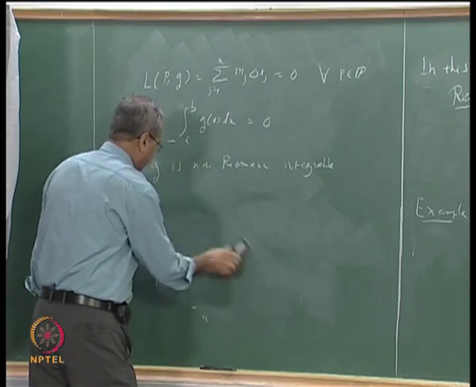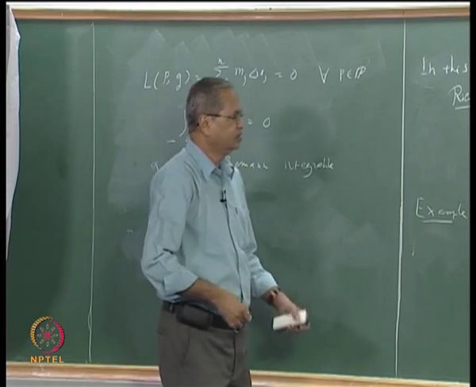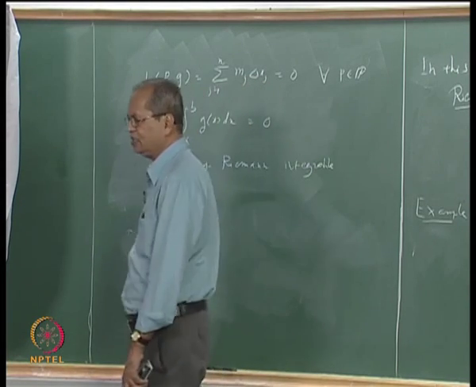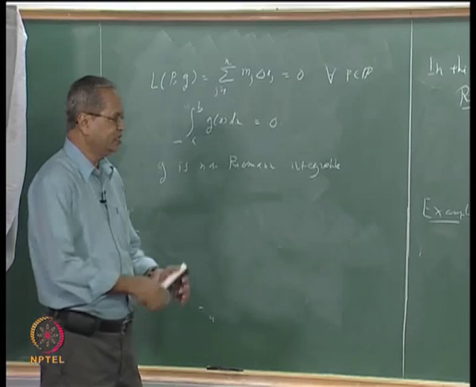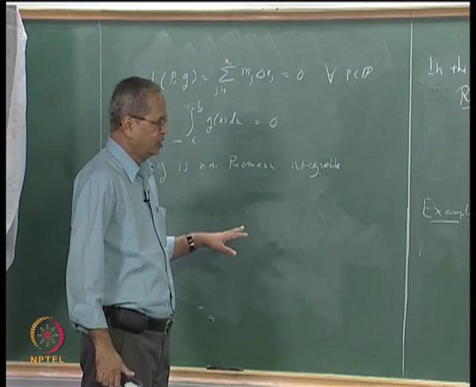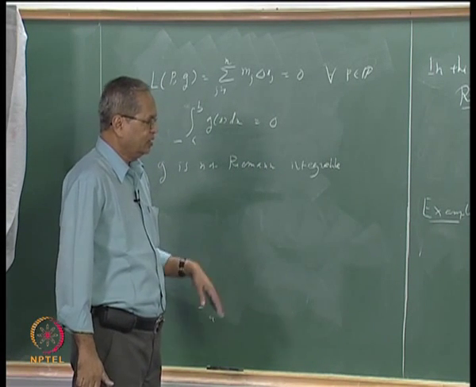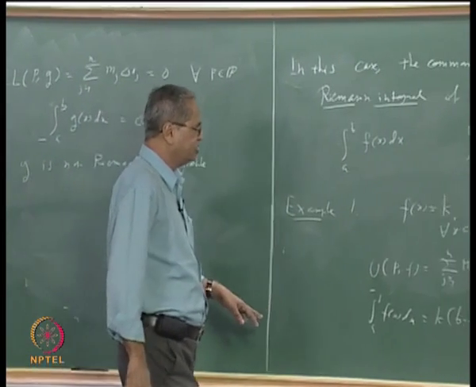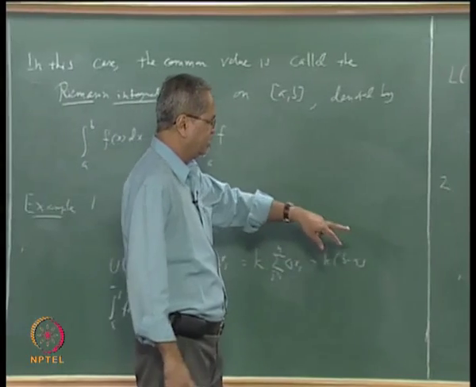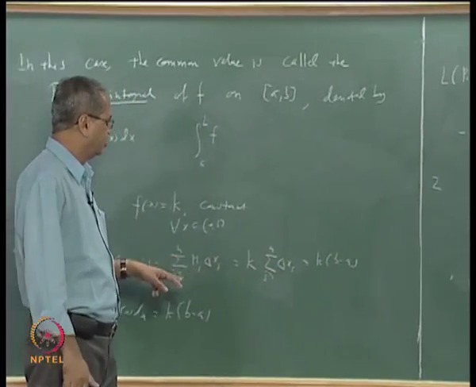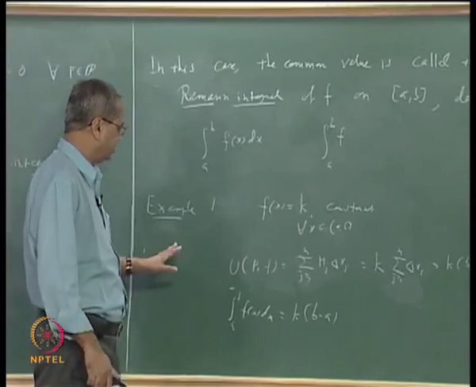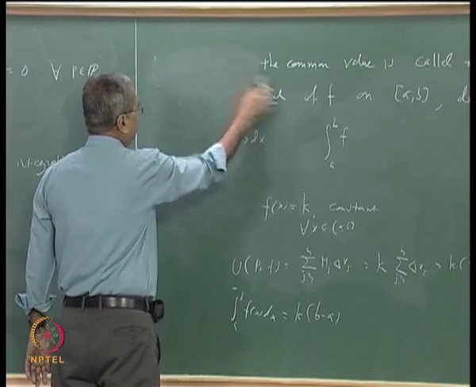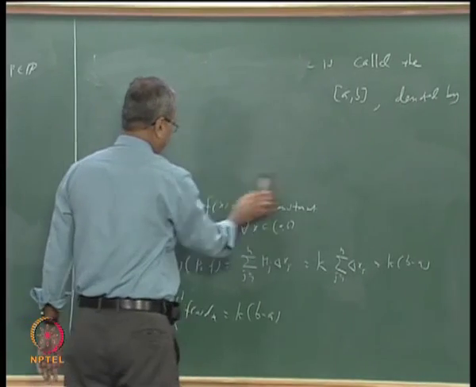Now our next objective will be to, in general, it is not possible to decide whether a function is Riemann integrable or not by using the definition like this and calculating upper integrals and lower integrals, except in some very special cases like this. For an arbitrary function, computing this upper sum and its supremum or lower sum and its infimum, etc., will be quite difficult. So we need some verifiable criteria to decide whether a function is Riemann integrable or not.